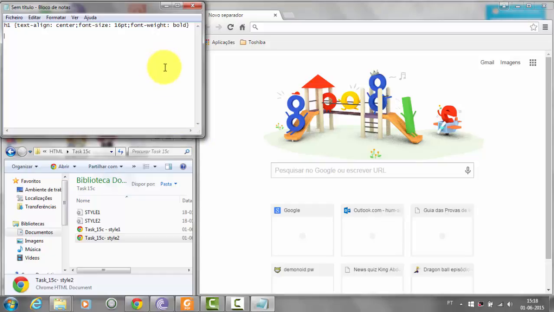It can be like this: h2, open the curly brackets, put font-family, colon, and you have to place in speech marks the words Times New Roman, comma, serif, and we close the curly brackets.